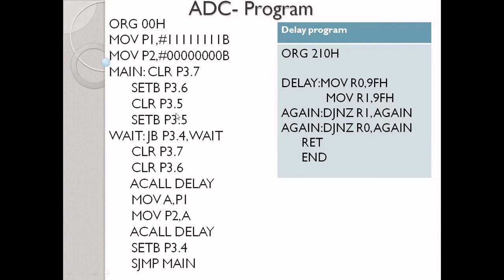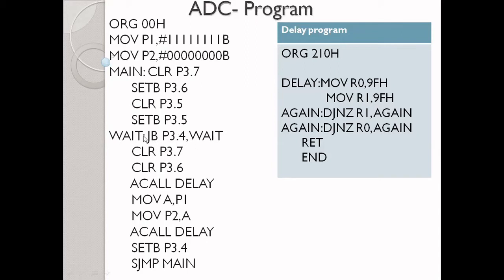Next, if you give a write 0 to high, it will start converting the analog signal into a digital signal. Next, the INTR pin will be high. Next, it will check whether P3.4, which is the INTR pin, is 0 or 1. If it is 1, it will execute this line continuously.